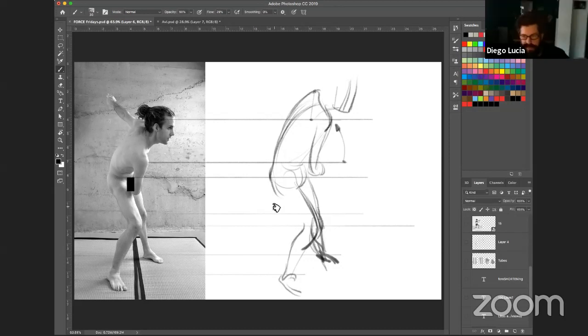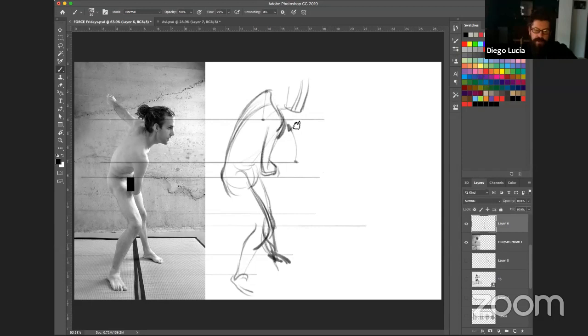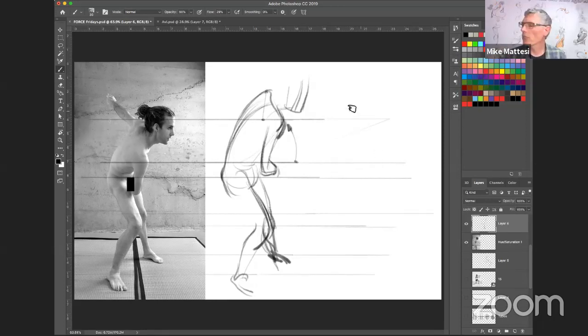Mike, can I add something? Yeah. For those of you who didn't watch the previous stream we did, we talked about iteration, and this is a really nice point to be aware of when you are iterating. Here, you can see how Mike purposely made the mistake of the shoulder, and if you are aware of that, in the next iteration, you're gonna fix that. So if you didn't watch the last stream, take a look at it. There's a lot of tricks there to learn. Keep going, Mike. Just want to say that. Yeah, no, that's a great point.